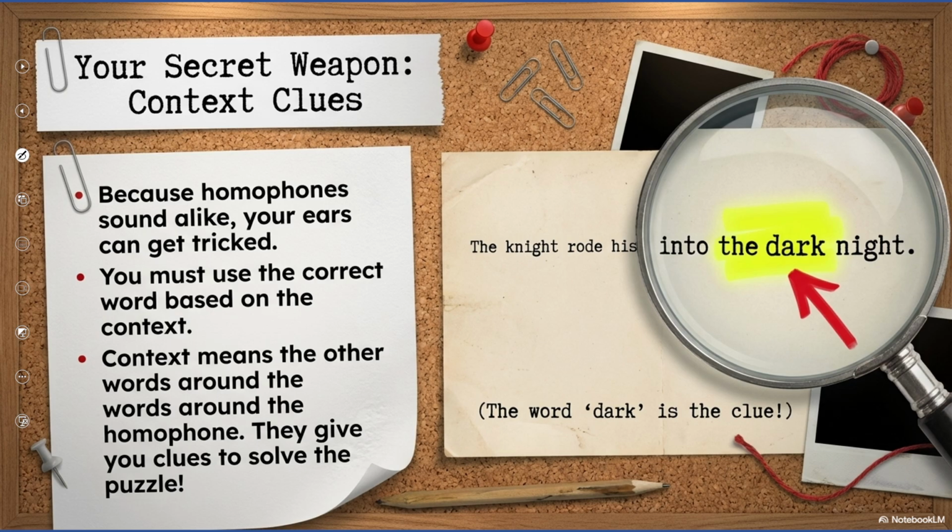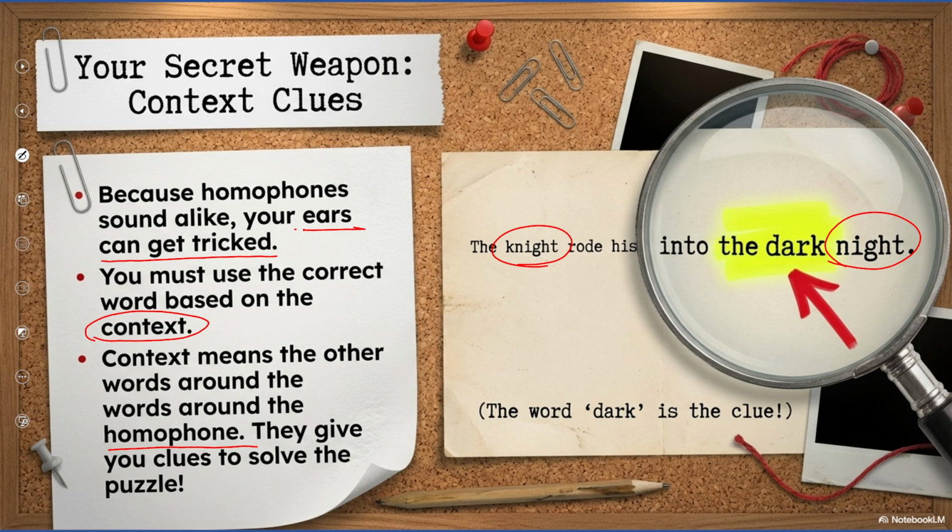So homophones sound alike. That's why your ears get tricked. When you do not look at the word, you might think that this is the same word. But what you have to do, your helper in this case is the context. Context means the other words around the homophones. So if you look at the words around the homophones, you will have an idea what is the meaning of